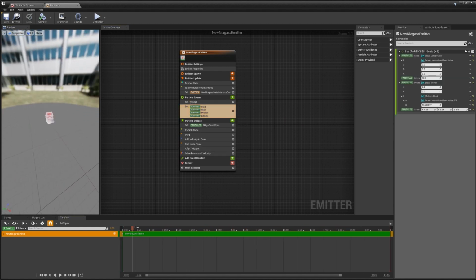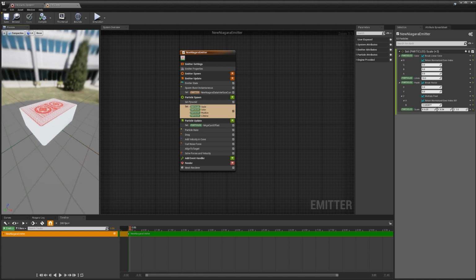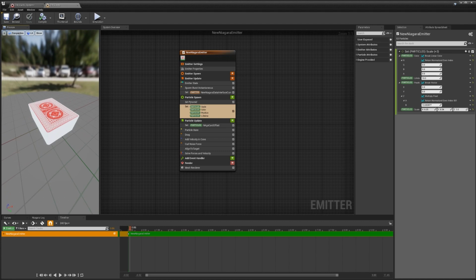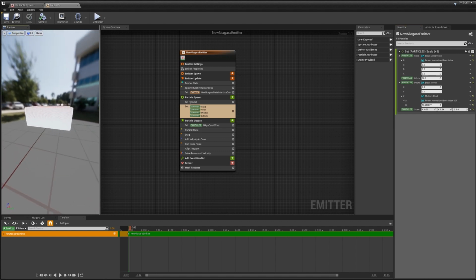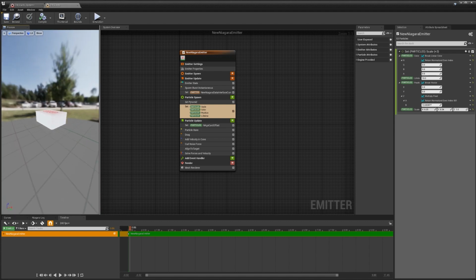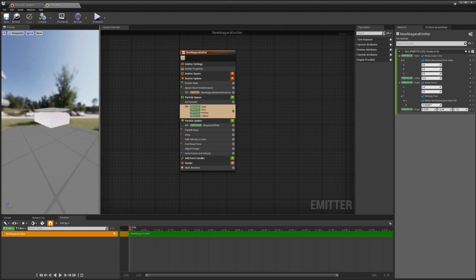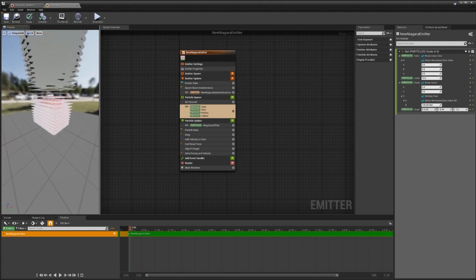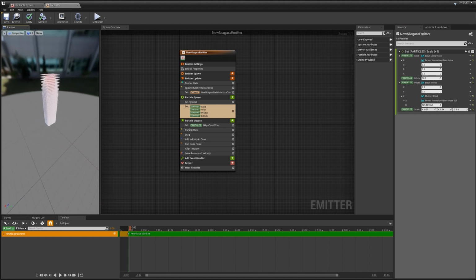Then on position, if I just rewind to the start, you can see that our deck of cards is in a particular set right now. And the way that we did that was really simple. We just grabbed our particle's position, set X and Y to 0, and then Z, I'm just setting an arbitrary value that's multiplied by the execution index. So if you imagine 0 to 1, 0 being our first card, 1 being our last card, we're just multiplying that value. So we can actually increase and decrease this deck of cards as we need.